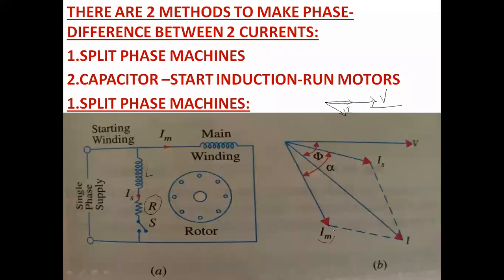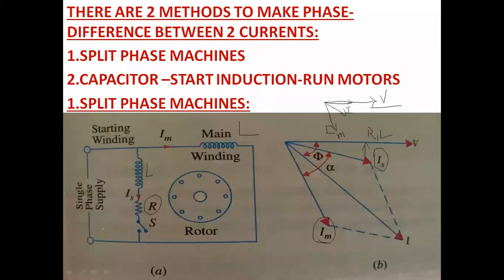So when you compare the IM, when you take the main winding, it is purely of inductive nature. So it is completely lagging with V. Okay, so it is somewhat far distance from V. As IS is somewhat having the properties of resistance in the inductance, it is not far away from V. It is near to V because it is having both R and L nature.